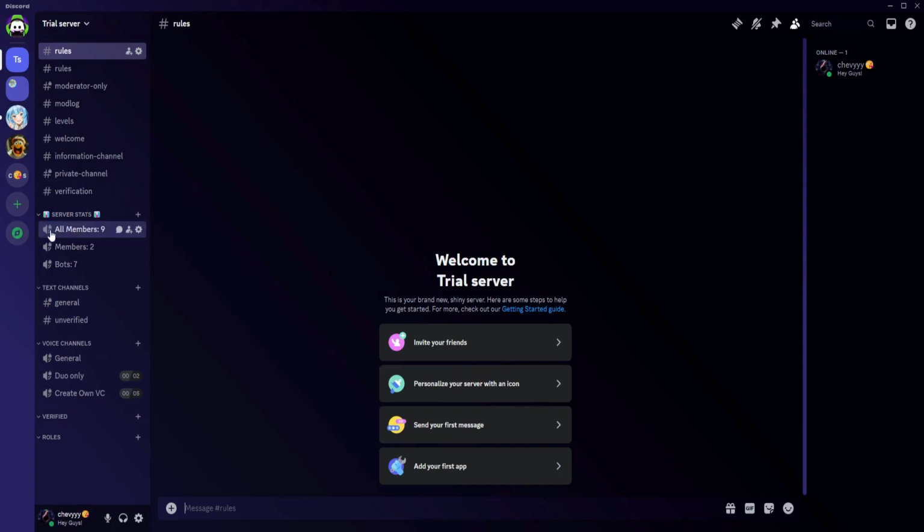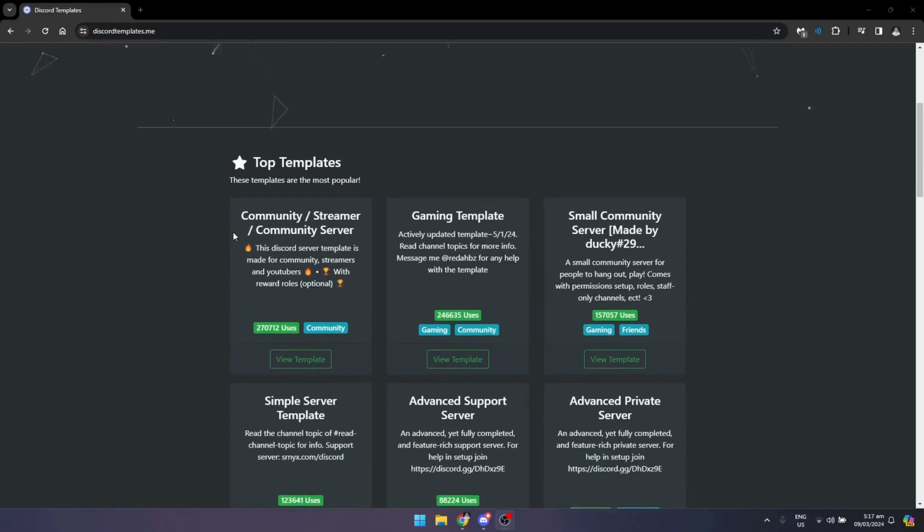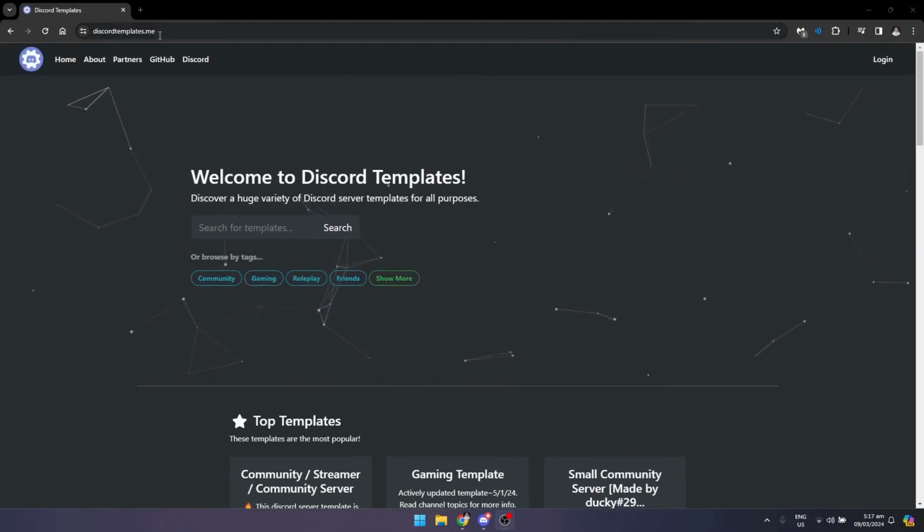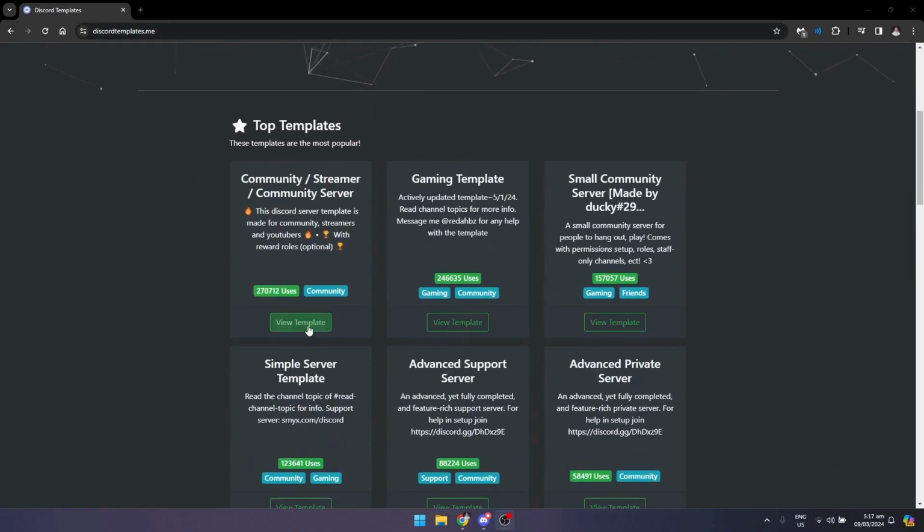But if you want to copy other servers and you want a new start, and you don't want to think about anything on making a server and just want to copy others' server styles, just like so. So what you want to do is open your browser, and you could go here on discordtemplates.me, and you could